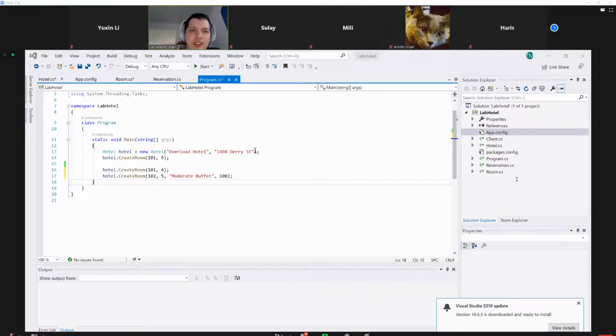So what kind of questions does anyone have about this, what we're doing here? Sorry, whoever's asking me in chat, there we go. Okay, so Saria is asking in chat if I wanted to make changes later. Okay, so if we wanted to change what our room is, or do you mean like changing the class would be,